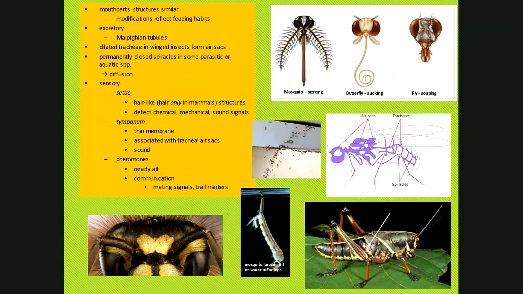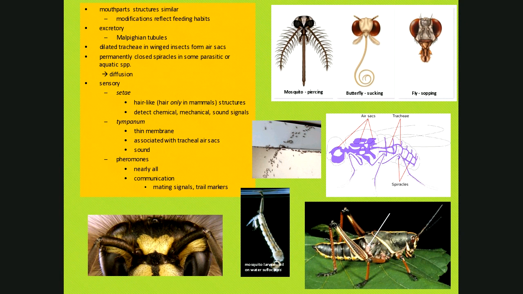The tympanum, I mentioned when we talked about spiracles. There's a picture in the lower right where the white arrow is pointing to the tympanum on a grasshopper. Yeah, that's a grasshopper, Steve. Tympanum, it's like a drum head. It's a very thin membrane that's been stretched over some spiracles associated oftentimes with these tracheal air sacs. And of course, they use that for sound reception. Now, is there sound reception like ours? Probably not. It's more like in some organisms with light, they can see shadows. You hear sounds kind of maybe at that resolution.